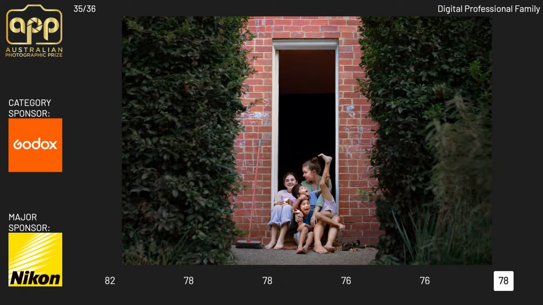Thank you, judges. We have a score of 78. Can I get a comment, please, Vicky? Congratulations, that's a beautiful professional photo. Somebody made a comment before about arms and legs. I think you've done a great job with the number that you've got there. This is real life. It looks like real life with twins. It can be a bit messy. So the story is really strong. It's very beautifully done. Great frame within a frame. Next image, please.